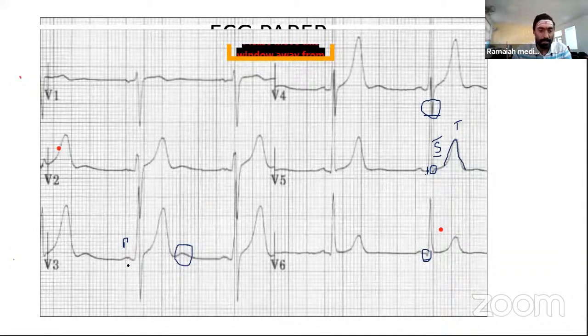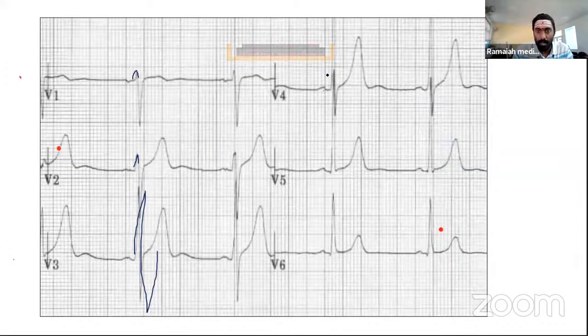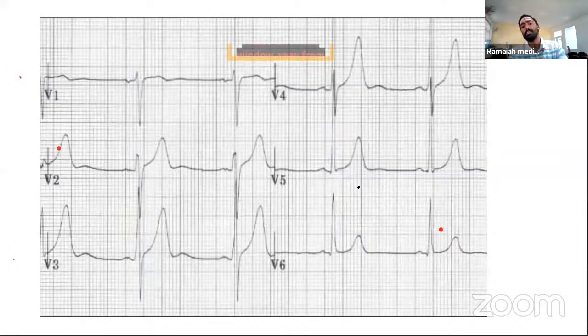We have seen what is pathological Q wave. We have seen about R wave progression. So you look at the R wave progression here. You see there is a small R, then the R wave increases, then a very prominent R. So it becomes biphasic by lead 3. And then the R wave progressively increases and the S wave progressively disappears. So this is R wave progression and poor R wave progression, and this is the summary of the electrical events